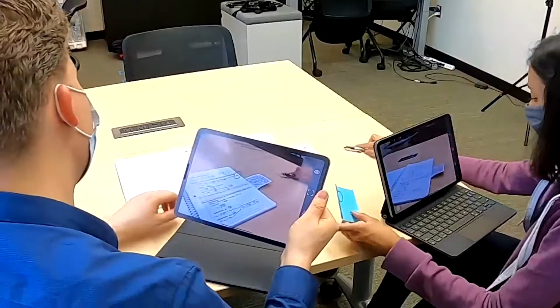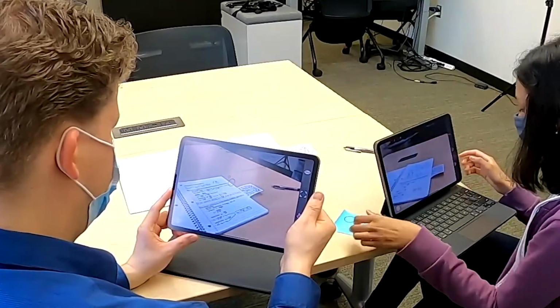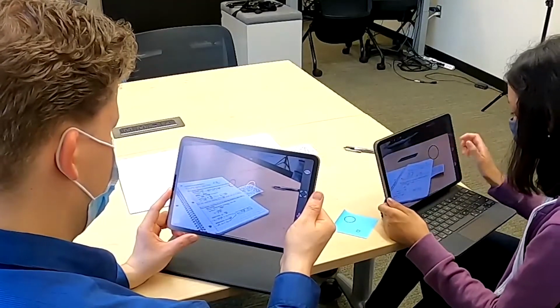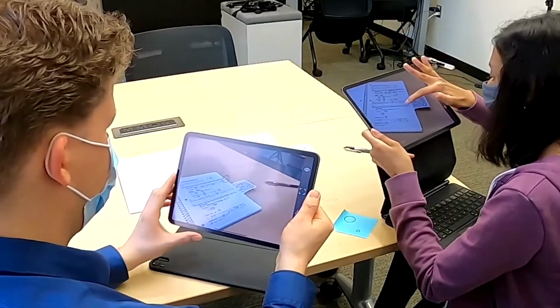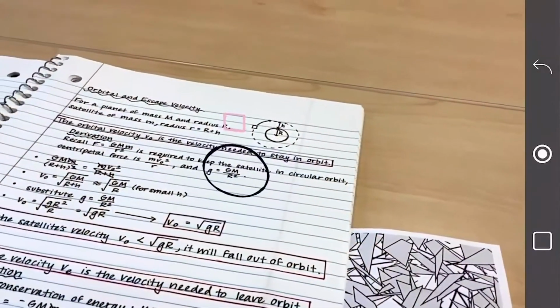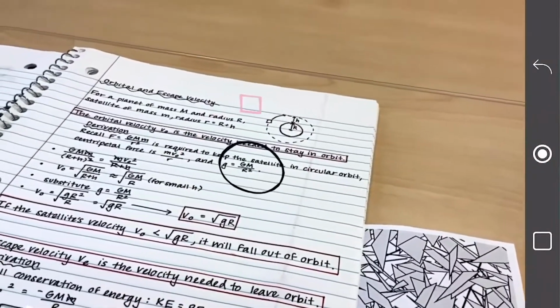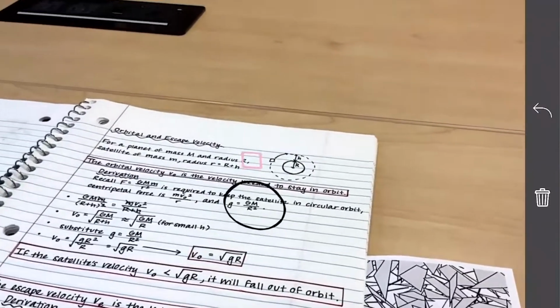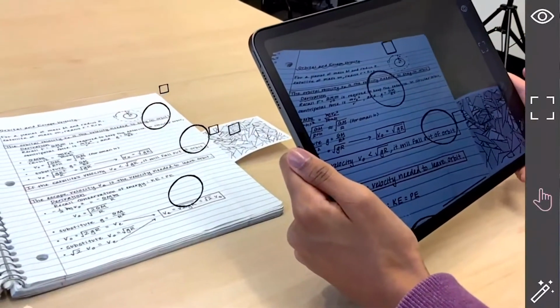Here, we show how immersive paper could be used collaboratively in a tutoring session on orbital and escape velocity. The instructor inserts digital captures of drawings on paper and animates them in order to show the differences in speed and motion of a satellite. The student shares a view of the immersive paper and can manipulate the digital content to ask questions and demonstrate their understanding.